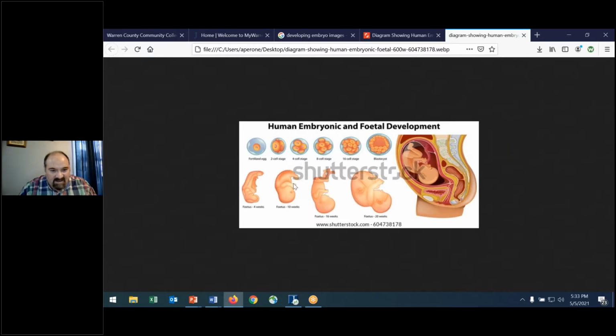Here we go. So you'll see here, it's not showing you size, but you can see, folks, that the beating heart begins within the first month. A little bit after the first month, after the 4 weeks or so, you have a beating heart. And see the changes that take place in what this little developing child can look like here.